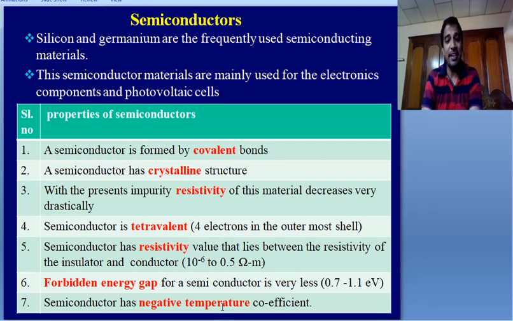Yes, this negative temperature coefficient is actually the main role. If you don't use air conditioners in very sensitive labs, the semiconductors will malfunction. Malfunction means this negative temperature coefficient will decrease the resistivity with increasing temperature. So inside the circuits of a microcontroller, the semiconductors will malfunction, sometimes damaging the electronic circuits also. These are the properties.